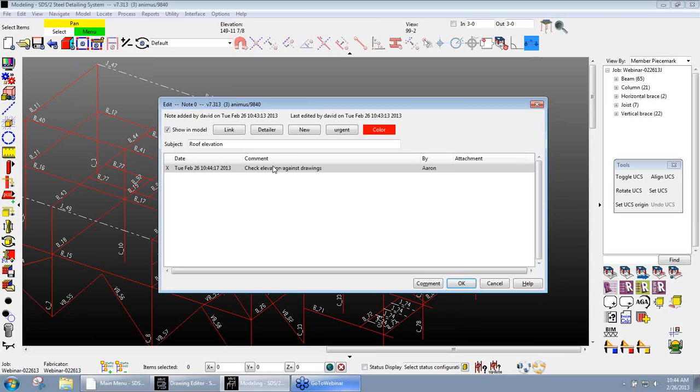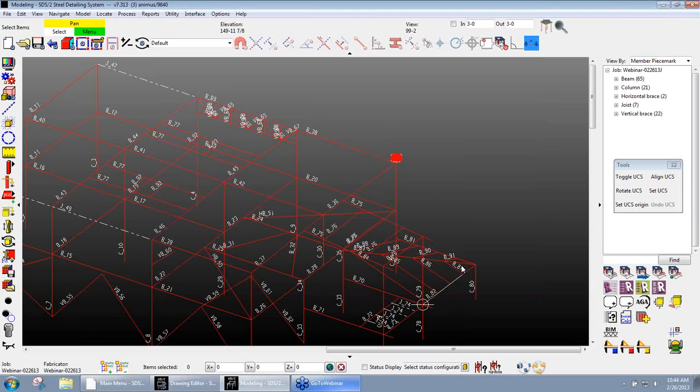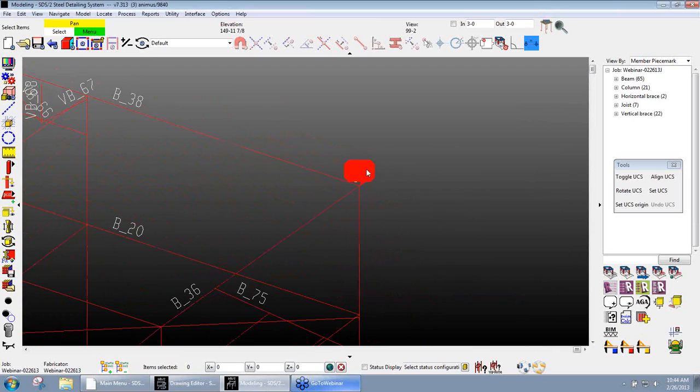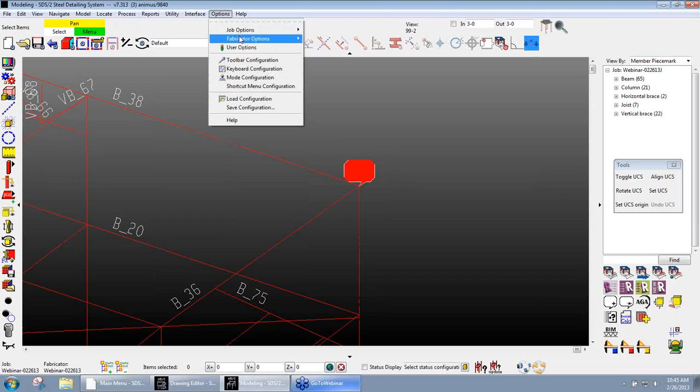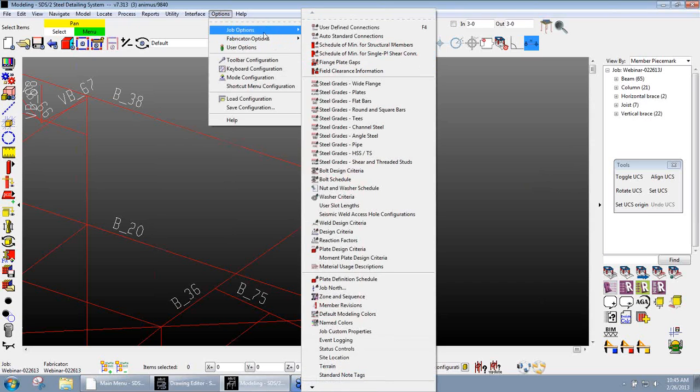Currently, there's no way to lock these fields. They are editable at any time. So now I can say OK, and now I have this model note in my model. The fields that we covered, the different tags with the detailer and stuff like that, that's all in your job options. So if you go to job options and go to your standard note tags,